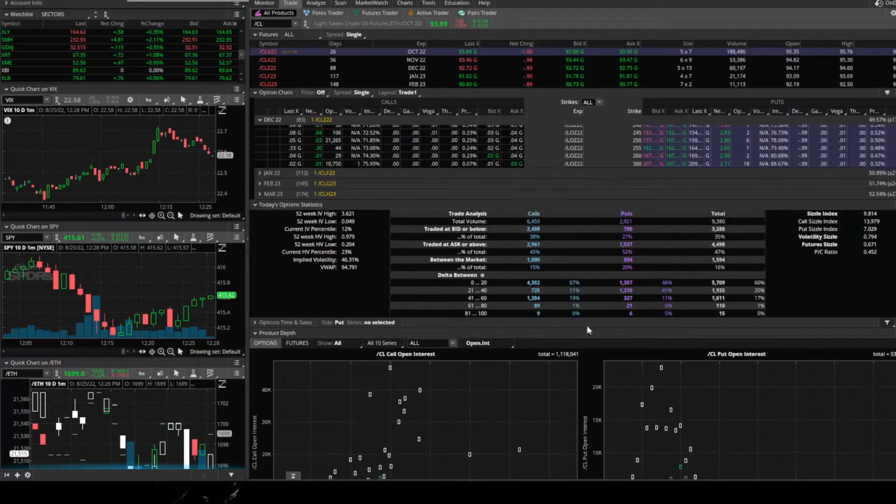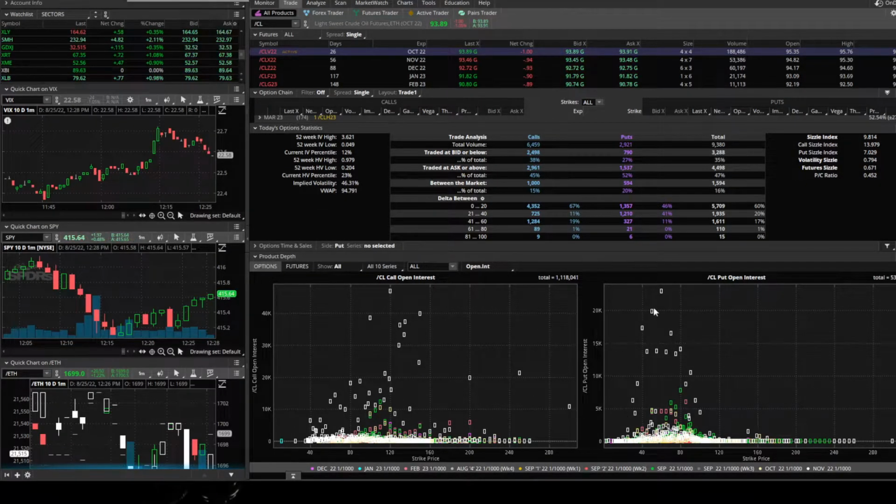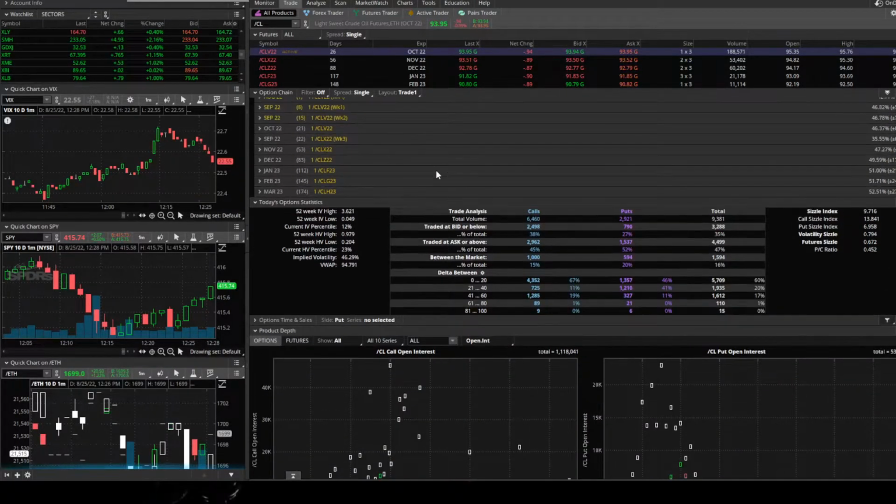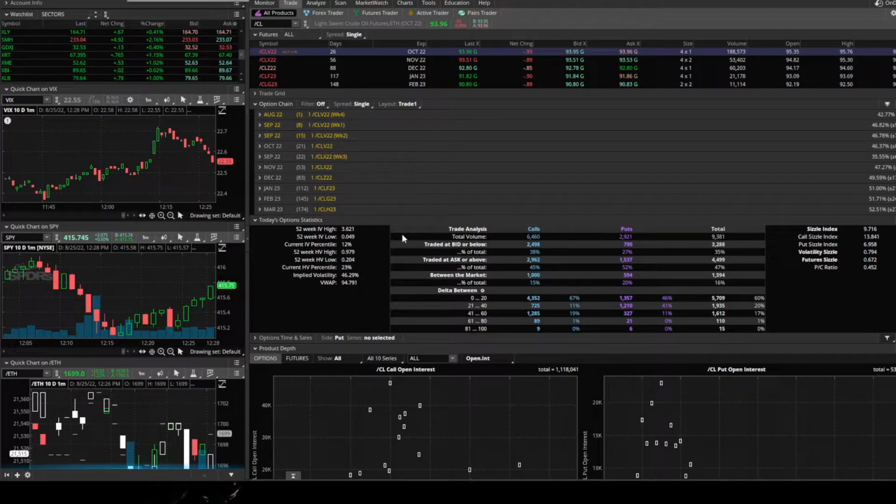I mean, look at this. It's all white boxes. It says November, but again, that's because the December contract expires in November, and that's just how TOS does it. I don't know why they don't just label it December, but it is what it is. Okay, this is all the December contract expiration that expires in November. All these white boxes, that's all this. So all the money right now, everything is participating in the December contract right there. So I just wanted to share that with you guys as far as the option positioning is concerned.